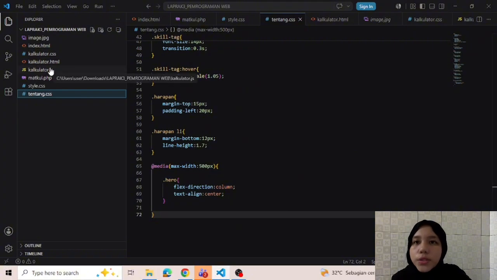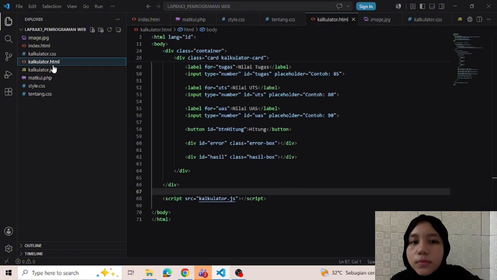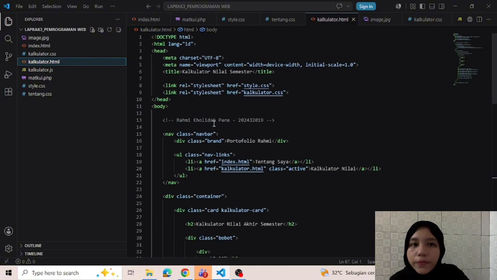Next, calculator.html. I will explain the calculator.html file. This file is used to create the semester grade calculator page. The page contains the same navigation bar as the about me page. Below the title, I display the grading weights: assignment contributes 30%, midterm exam contributes 30%, and final exam contributes 40%.